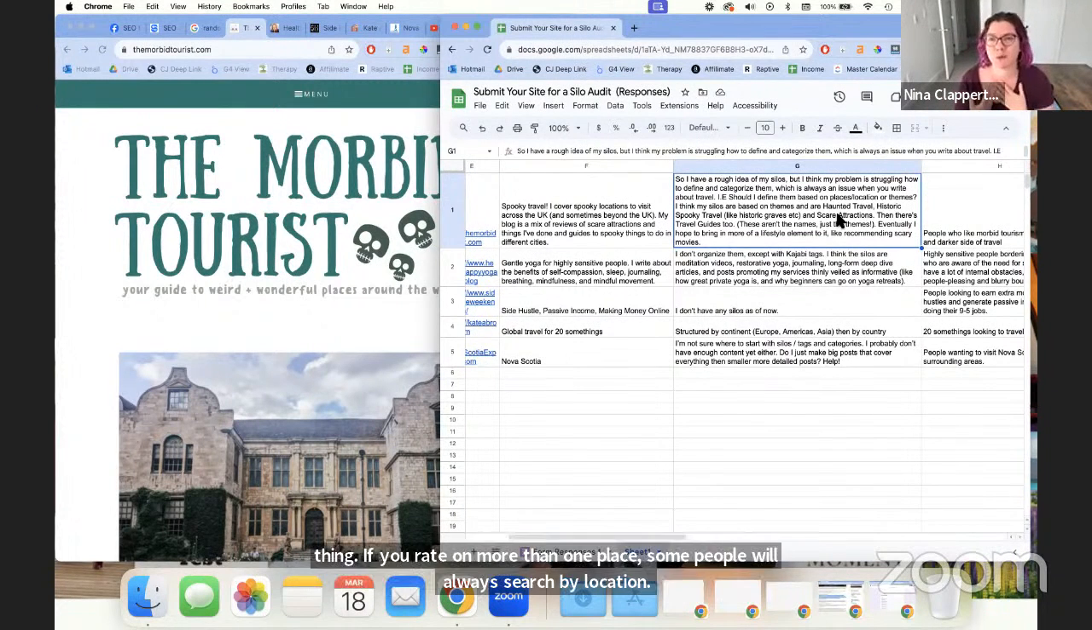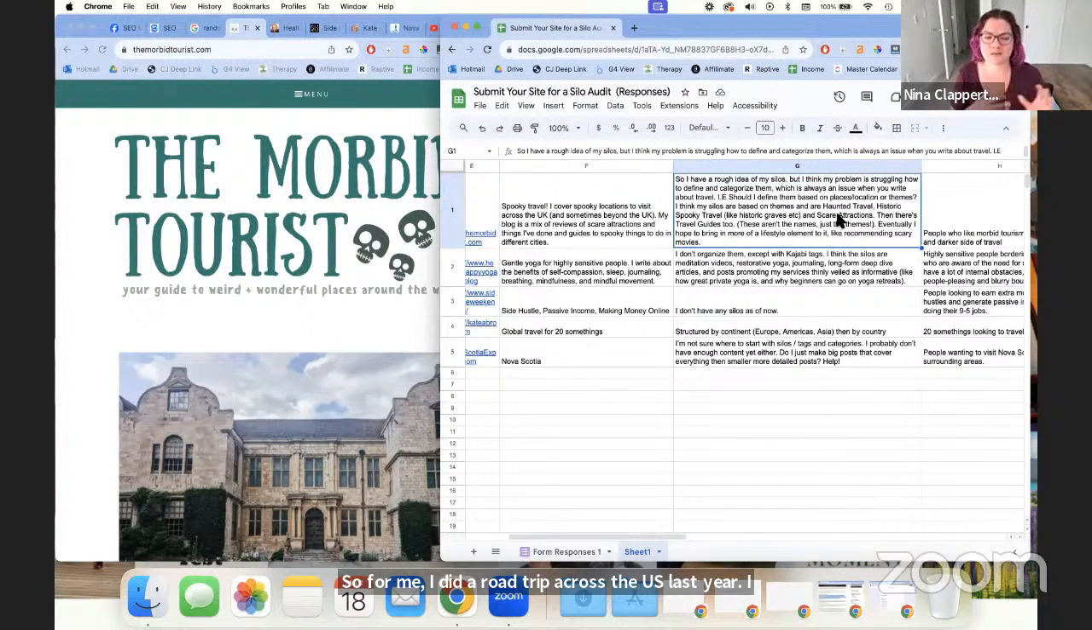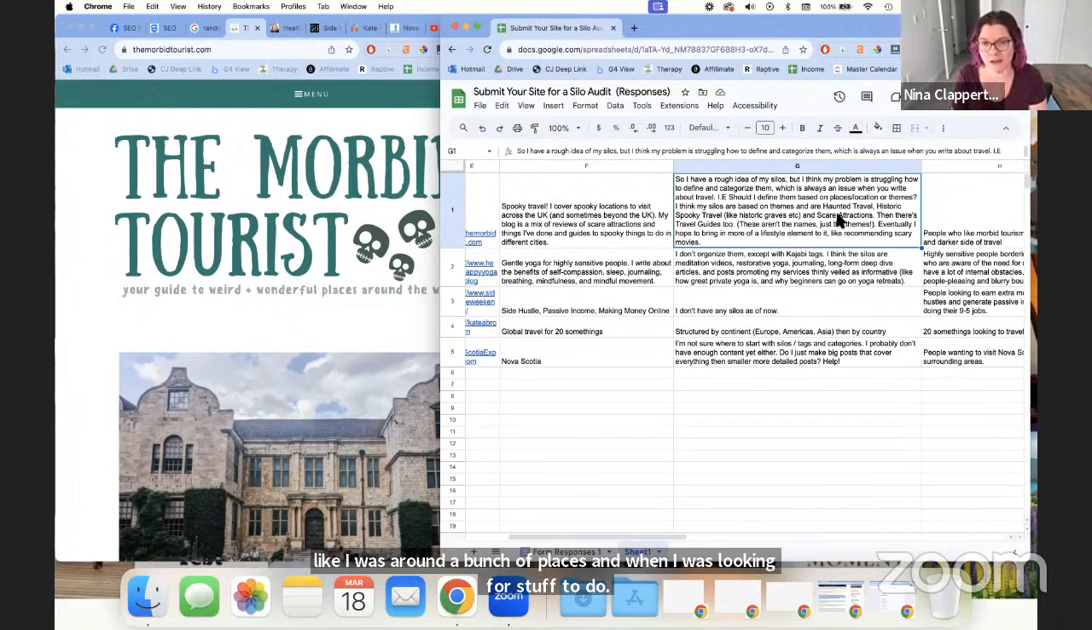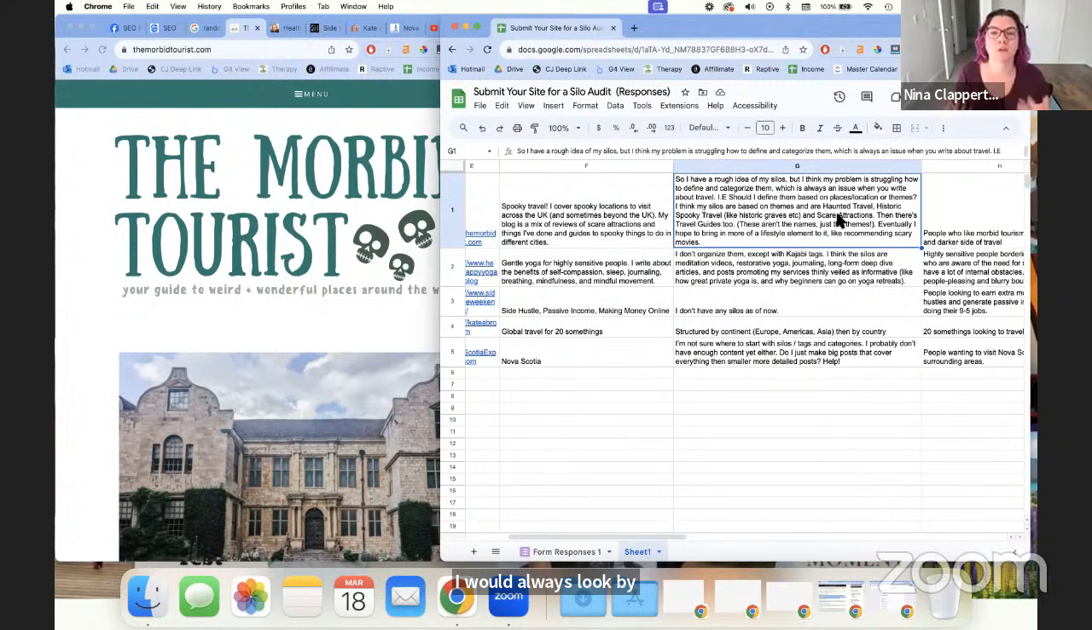If you write on more than one place, some people will always search by location. For me, I did a road trip across the US last year. I know it's US, not UK, but kind of a similar thing, where I was around a bunch of places, and when I was looking for stuff to do, I would always look by location because I was there already. However, if your ideal audience member is someone who travels for the haunted attraction, I listened to a podcast called Red Handed. It's a murder podcast in the UK, and they've actually done a couple things where they've gone to stay at haunted